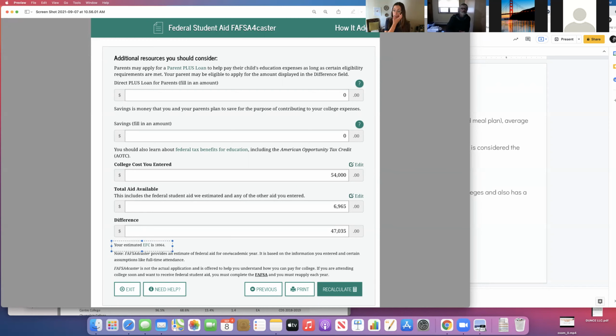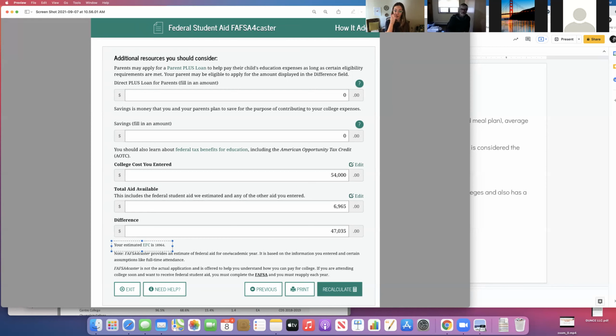Now, not every college, as you can imagine, can meet 100% of demonstrated need. Most schools can't. They might gap 20, 30%. And so you may very well pay more than that figure. And so that's why there's a lot of emphasis when you're calculating the estimated family contribution. This is not your bill. This is not what you're going to pay. It could be more and it could be less. It probably won't be less.